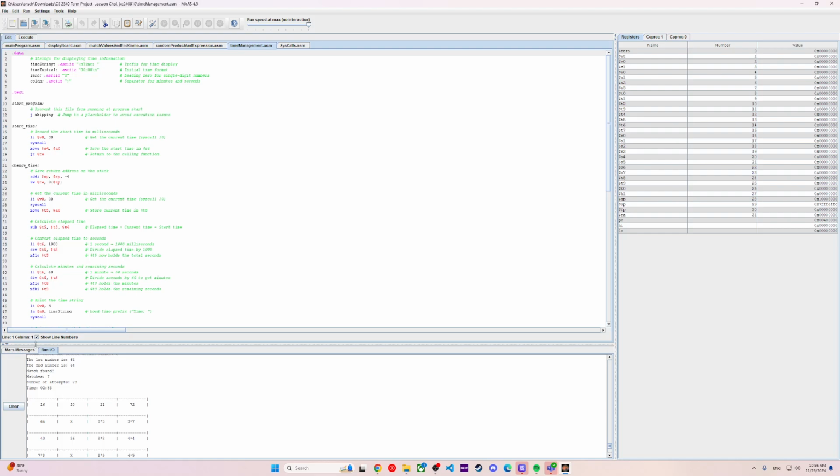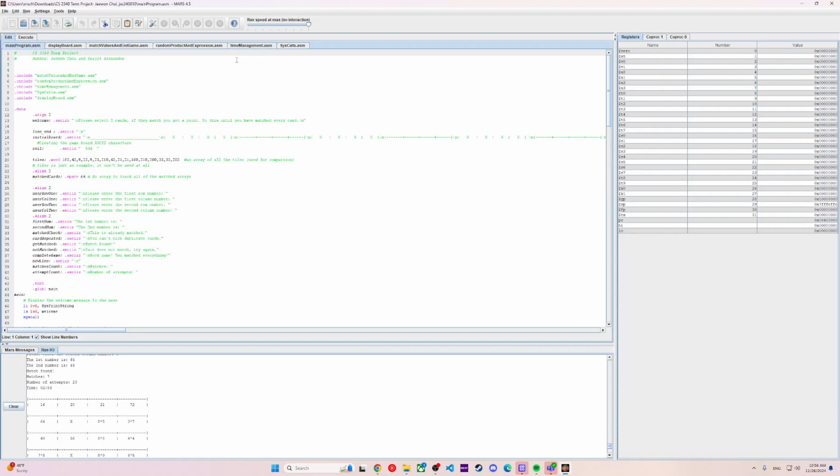And so once we start, it displays the welcome message, starts the timer, and then it initializes the array matched cards, and all the elements are set to 0. The array makes sure which cards are matched and which ones aren't. And so the board is also set up, and then each card is symbolized by an X, and the pairs are randomly distributed all over the grid